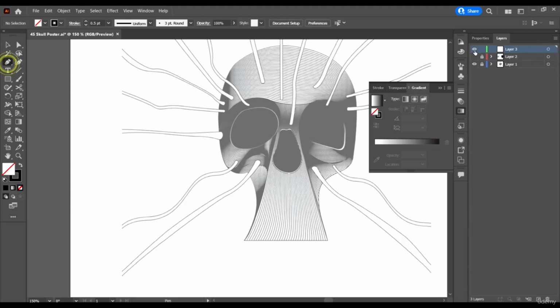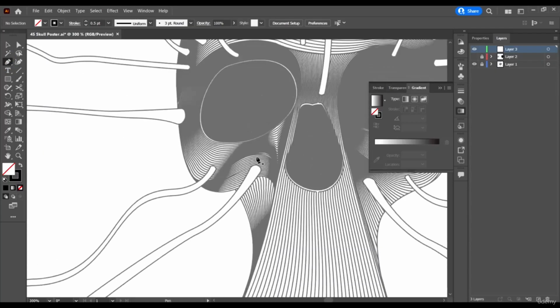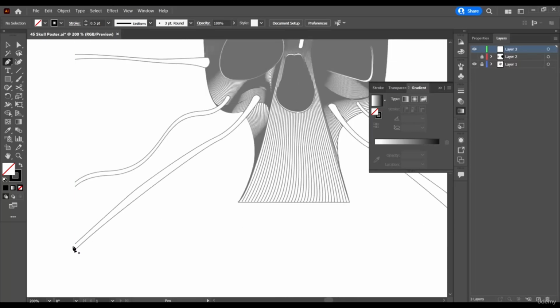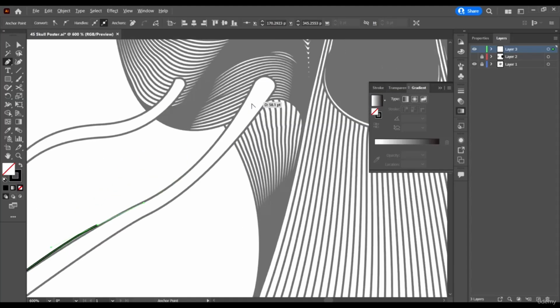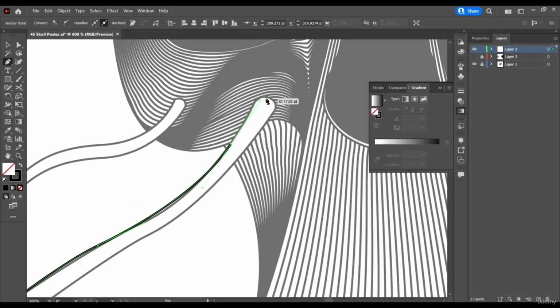Select your pen tool, select your new layer, and just draw them out like this. It mustn't be exactly the way they are in our image here.